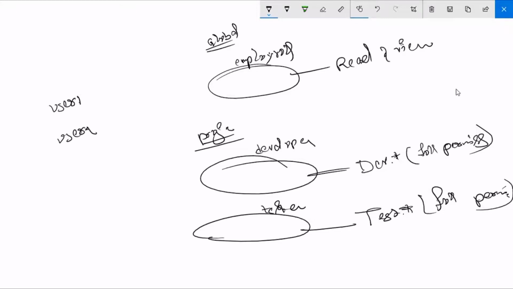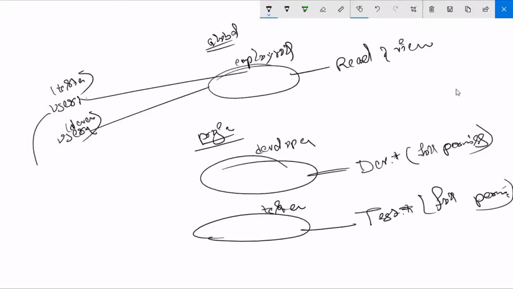Now I have created two users. Since it's an employee role, I have attached it to these two users. User one is a tester and user two is a developer, so I have attached the tester role to user one and the developer role to user two.